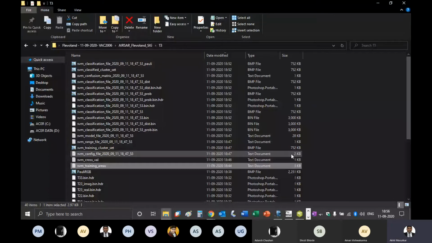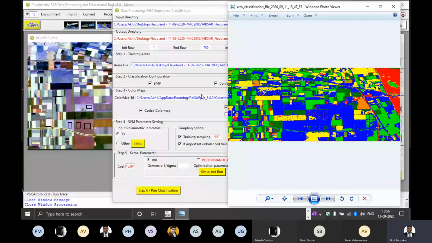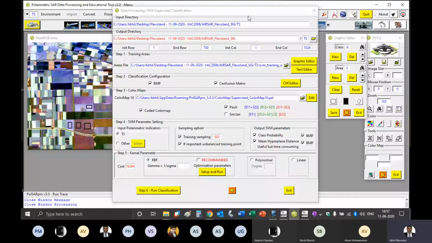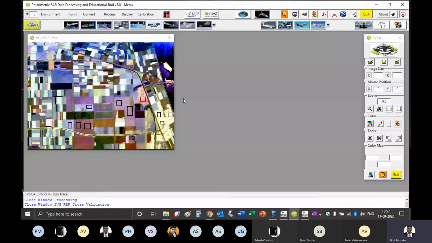Okay, great. So now what we did is we applied SVM successfully on the given image. Now carefully see what I am doing. I am exiting this. Now the next classification that I have to apply is Wishart.